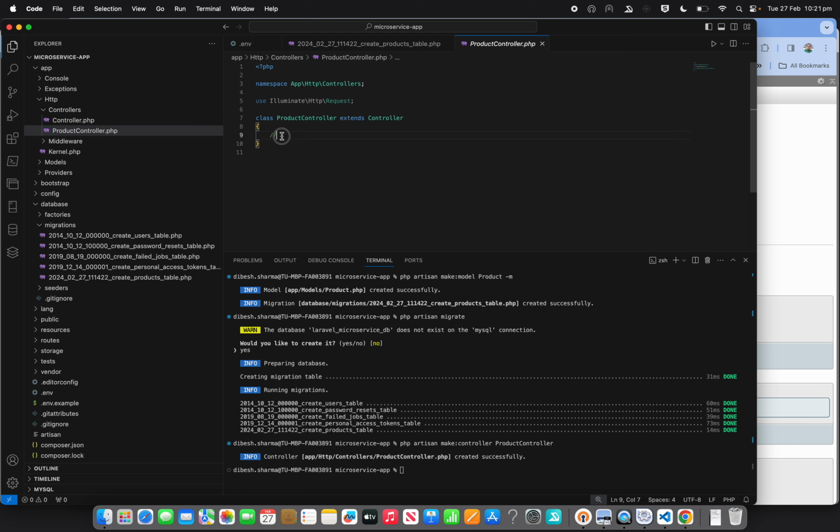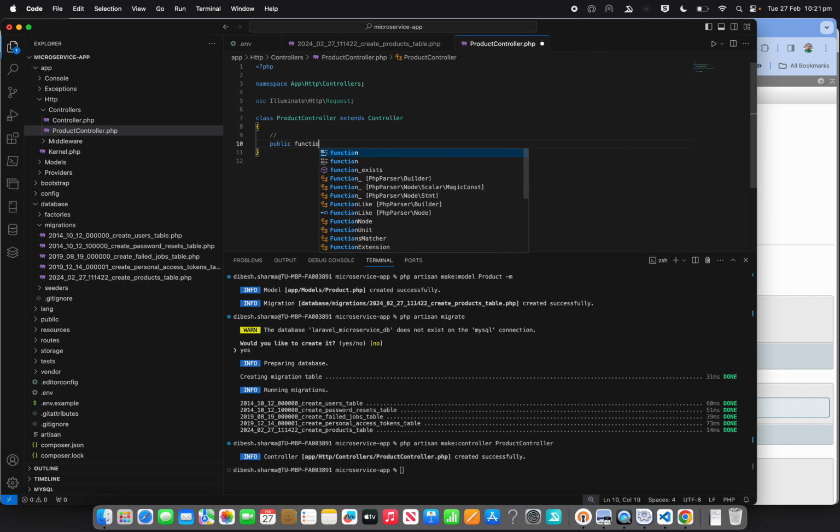For the microservice application, we are going to take a post request and store the information into the database. Let's do that. We need a function called store,